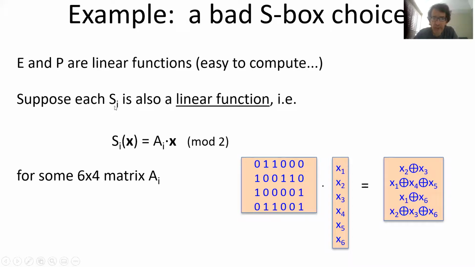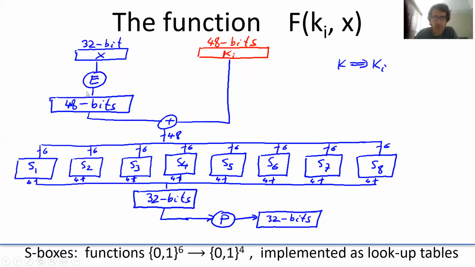Suppose it is a linear function. Note that both E and P, so this and this, are linear functions. If S was a linear function, what does it mean, linear function? It means it's a matrix multiplication. So the input 6 bits is multiplied by a matrix, and that's how you get these. If S is a linear function, then so can this whole computation be, right? Because